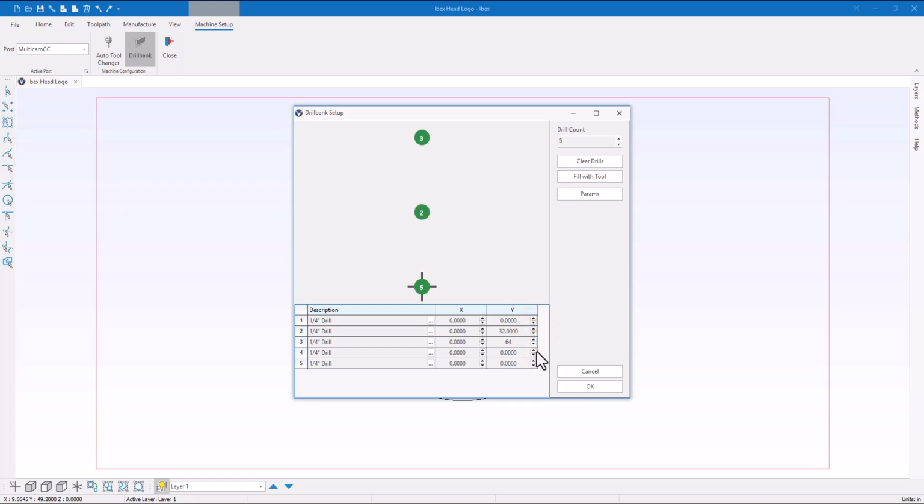And using the spinner, right now I have the spinner button set to increment at the standard spacing for my drill bank, which is 32 millimeters. So with just a few clicks, I can space all these out in my configuration and have them in the correct position. Now, if that's not the same for your drill bank, what you can do is select the params button here,